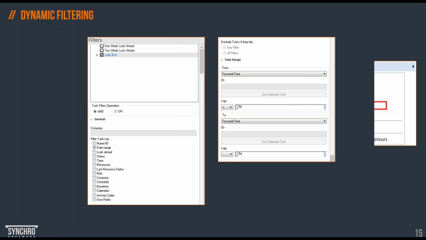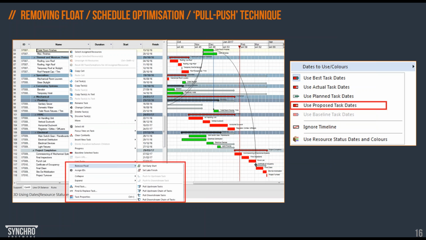Another tool which I would like to mention is not commonly known to planners. It's a very powerful tool. It's forgotten or not used very often, but SYNCHRO offers a mechanism of optimizing your schedule by using free float.